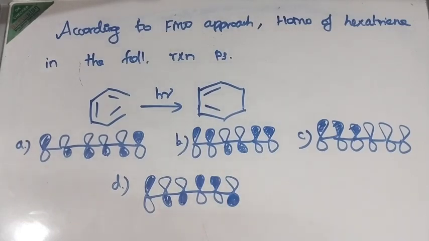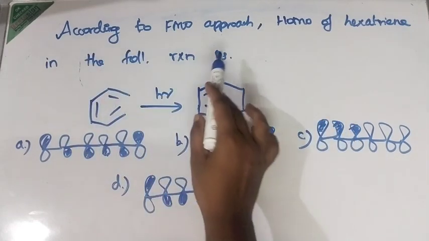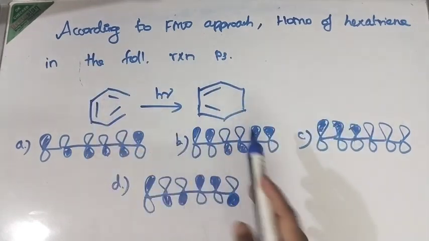In this video we are going to solve the previous year questions that have been asked in electrocyclic reactions and the HOMO-LUMO concept. If you haven't watched the previous video, then kindly watch it, then only you can understand the concepts. So first of all, the question is, according to FMO approach, HOMO of hexatriene in the following